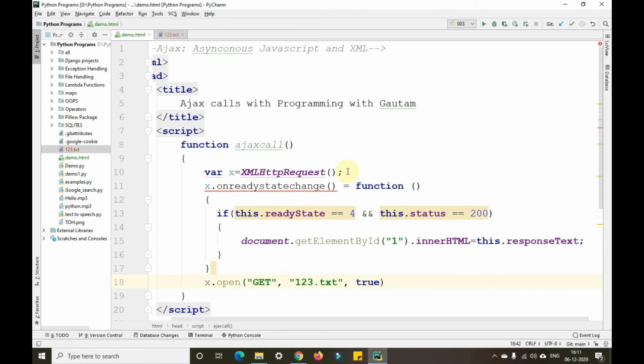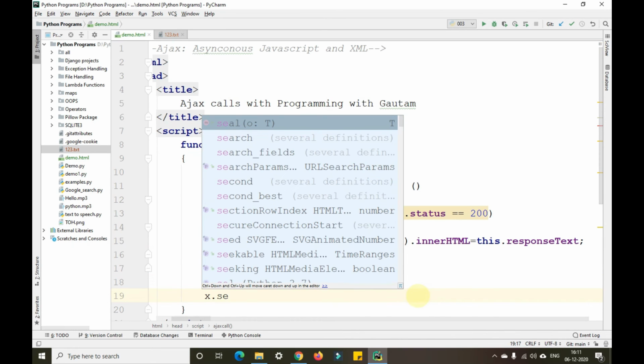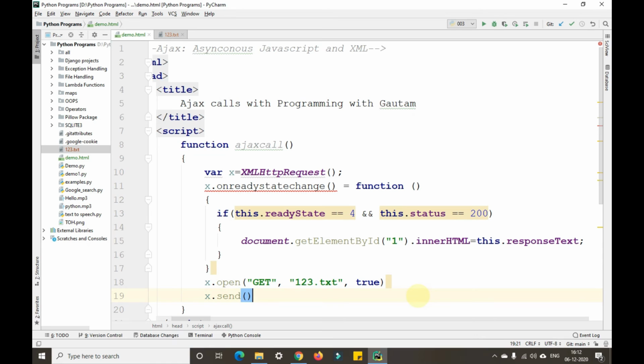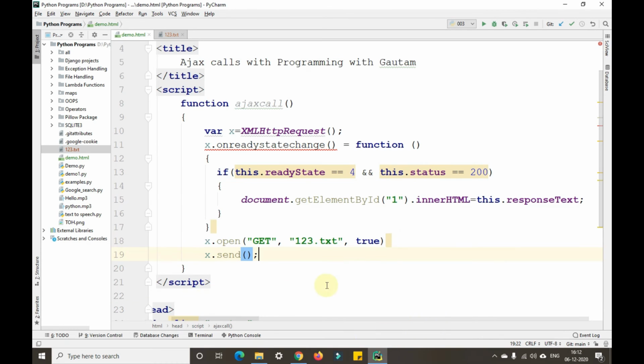Okay. Now we'll send this particular 123.txt document to this particular ID 1. x dot send. Okay. Once we have sent, we need to close this with a semicolon here.